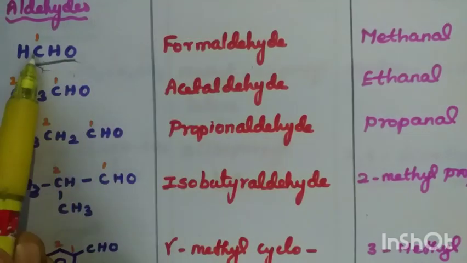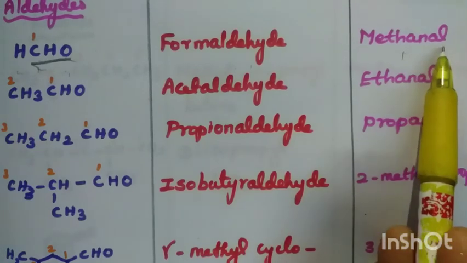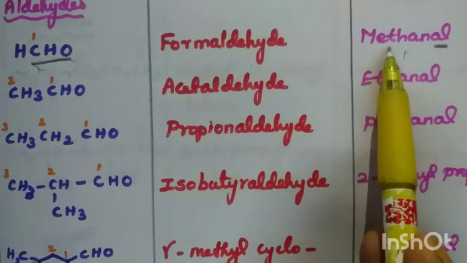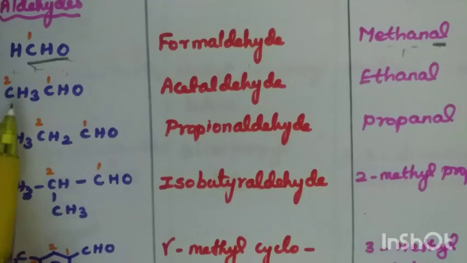How many carbon atoms are there? One carbon. How will you write the IUPAC name? From the alkane, the E is replaced by Al. So one carbon means methane, and the E is replaced by Al, giving methanal. And the next is